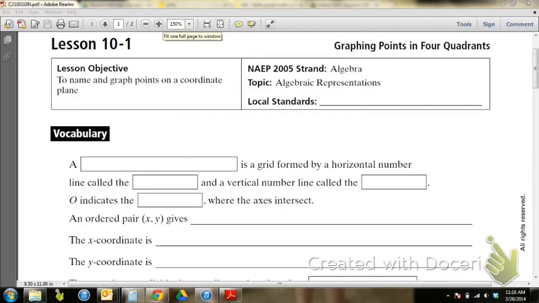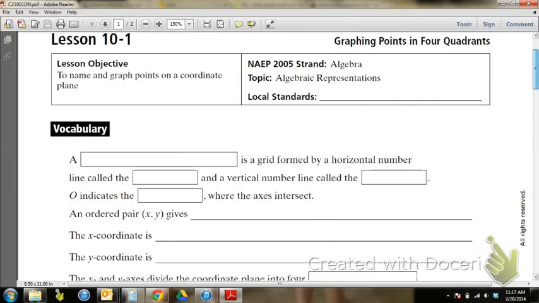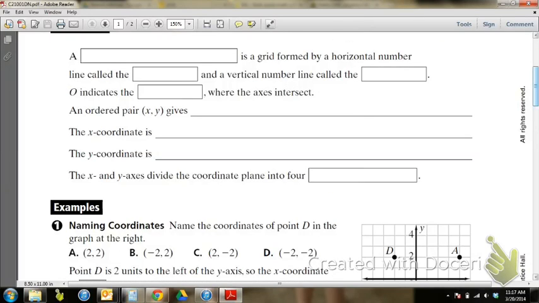In Lesson 10.1, we're going to graph points in 4 quadrants. So we have to talk about what all those different things mean. So first, a coordinate plane